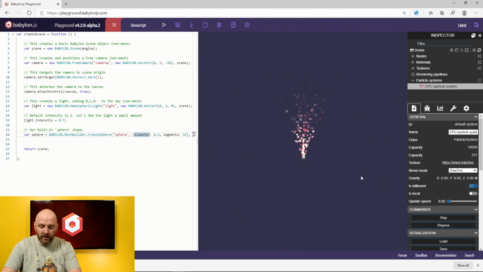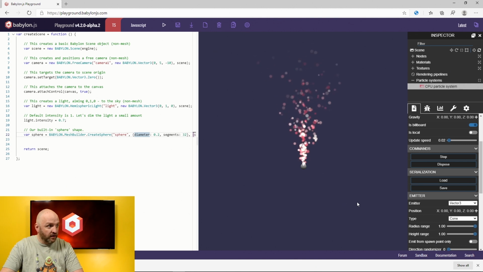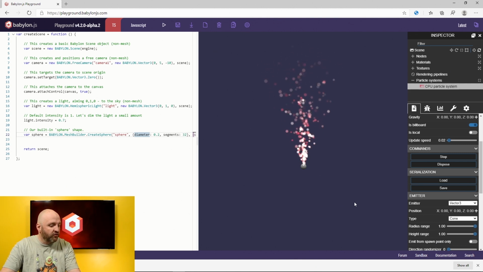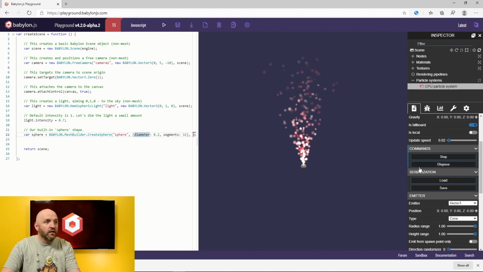All right, so I'm pretty happy with what I have here, and you could now say you want to save it, and it's going to save it. I clicked yes, and you're going to save it. Let me remove the picture in picture and just switch to the desktop here. Here it is as a particle file, see number 2 here. So you will be able to load that back afterwards.